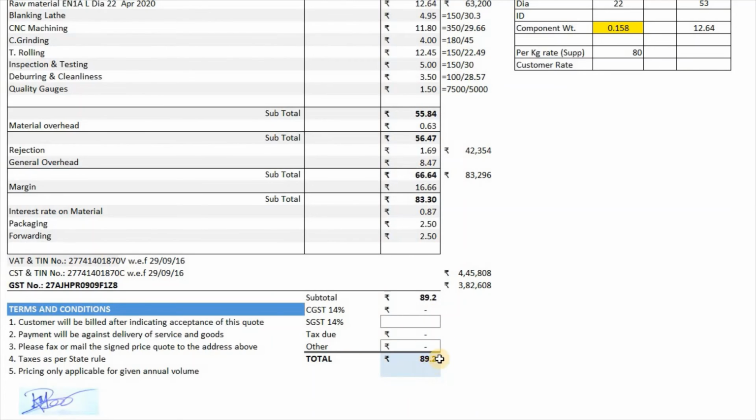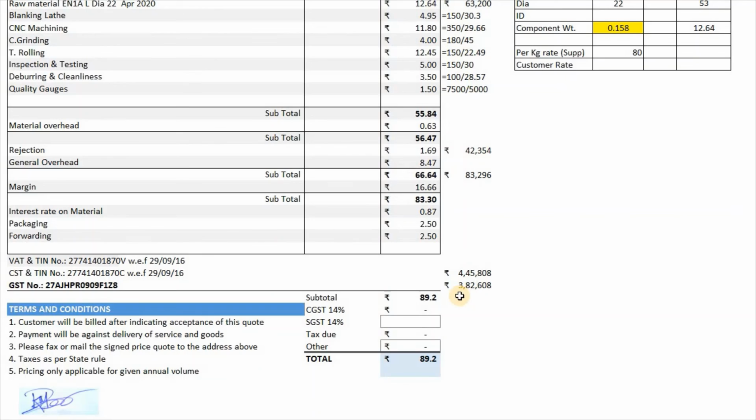So here, what rejection we are going to incur, and what is the subtotal? Subtotal means this itself is the manufacturing cost, and here it is the total turnover, and then the total turnover minus the raw material investment. This is the amount which we will have as inflow for this particular component. It includes everything: profit, process, any rejection, any kind of packaging, forwarding, everything is there. So in that, what kind of profitability you are going to have, we can check.